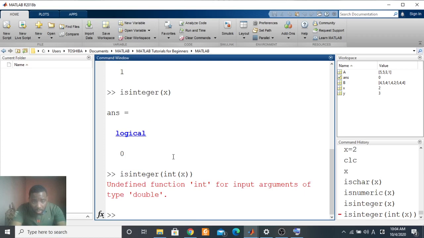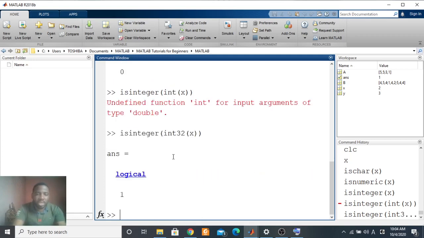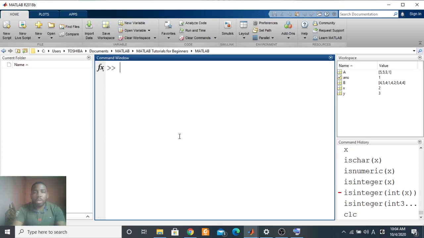Undefined function int. Let me just use int32, sorry, 32-bit, 16-bit, we have to indicate that. Good. So is x an integer? Yes. Now that we have converted, it is actually an integer.